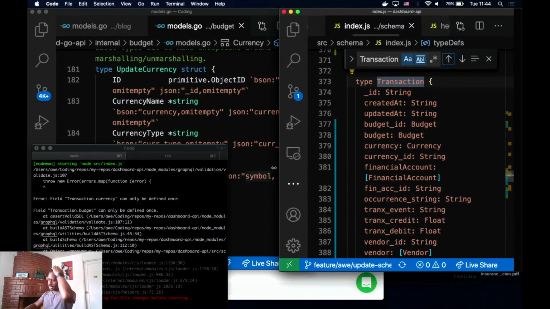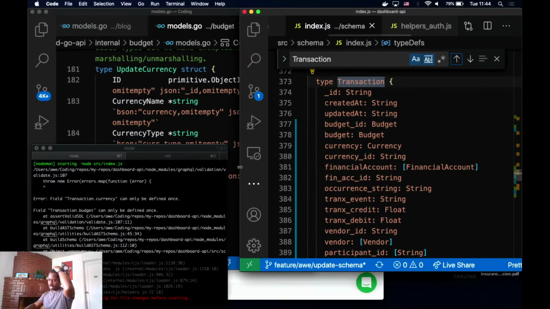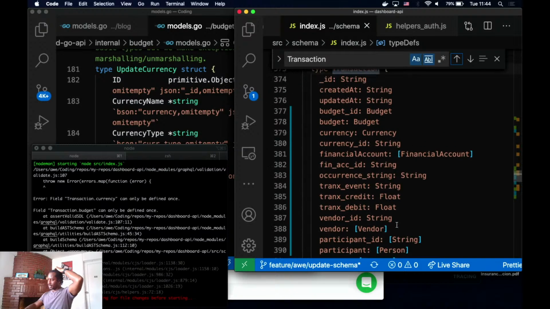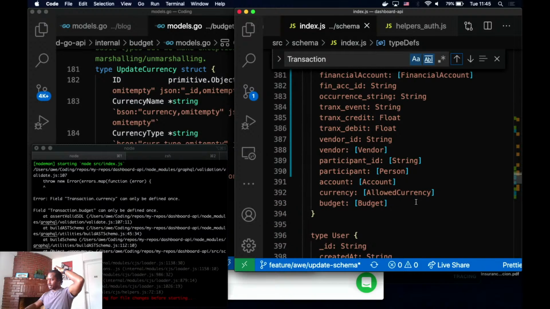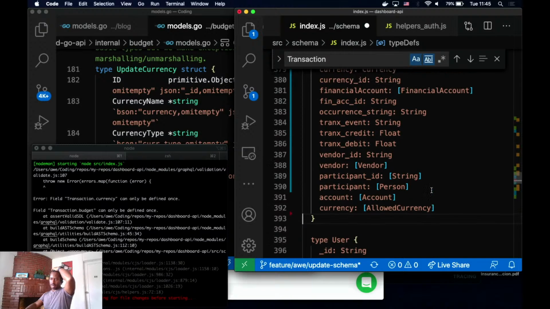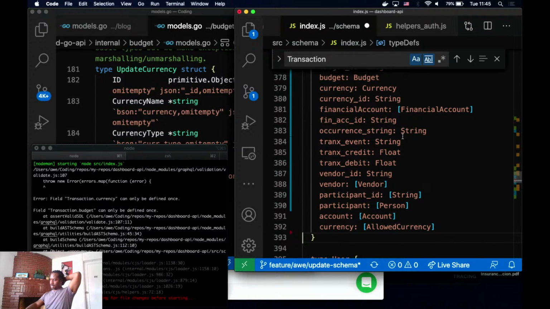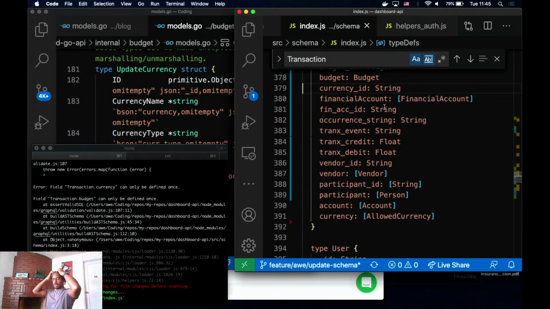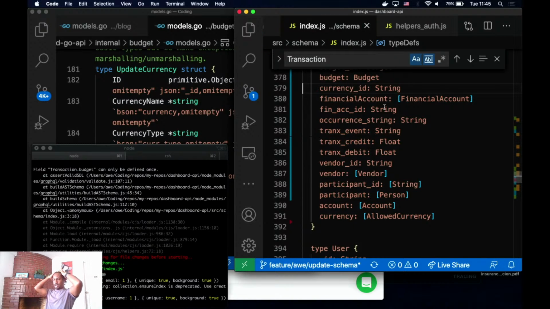All right, so the error is telling me that I'm using transaction.currency and transaction.budget more than once. All right. And I can do this one. There we go. All right, we got it working.